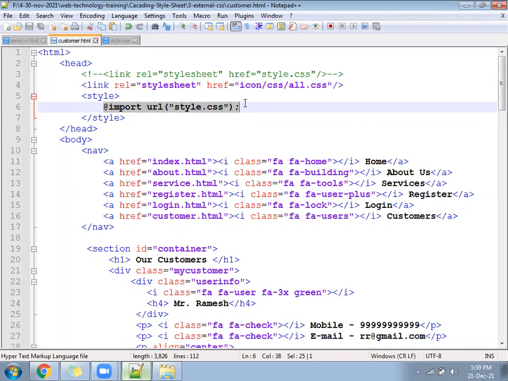Internal, page wise, using ID, class, parent, child. External, separate HTML and separate CSS: HTML code in the HTML file, CSS in the CSS file, linked with the help of ID, class, parent, child. Correct? And then the import method is the same, but the way of calling is different. One place we have the link method, another place we have the import method.